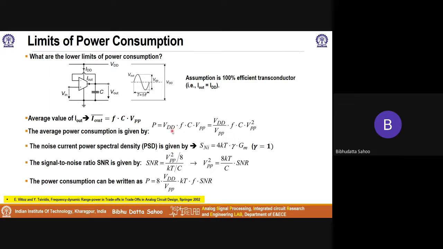Now, what we do is we multiply VPP on the numerator and denominator. We get this expression over here. The noise current power spectral density is 4 kT gamma GM. So this is a well-known thing. This is the noise current